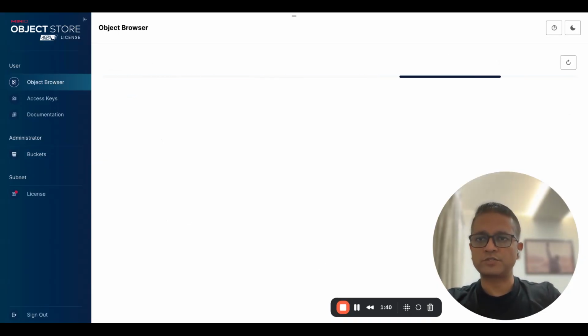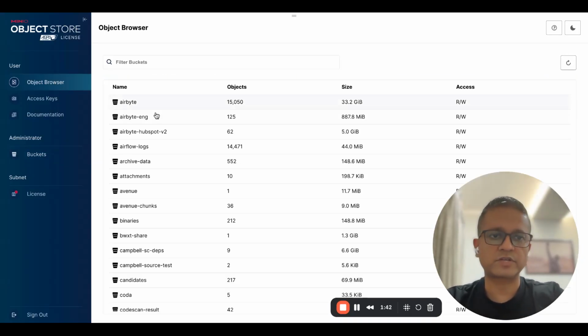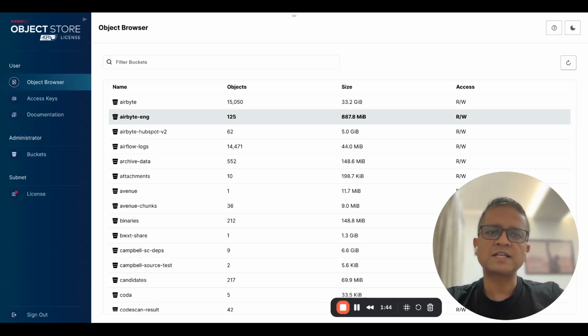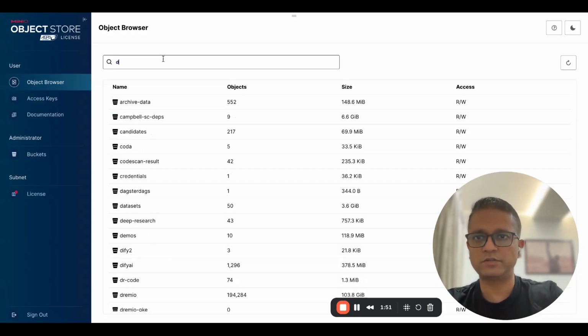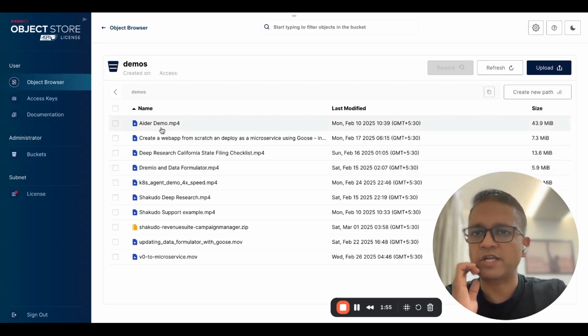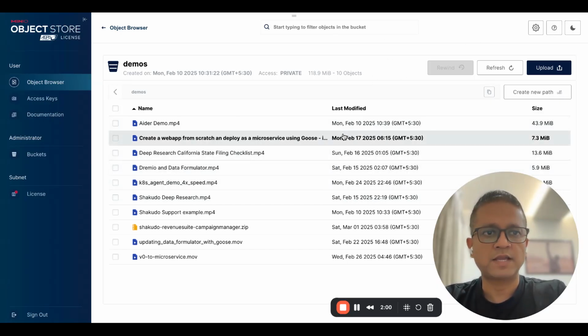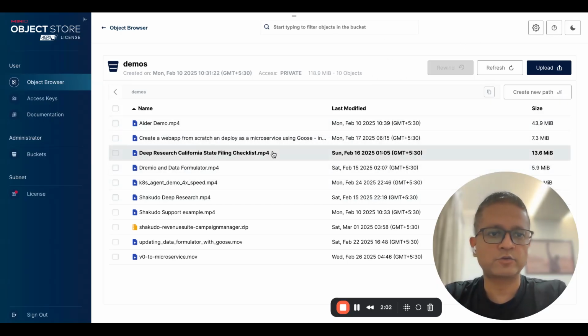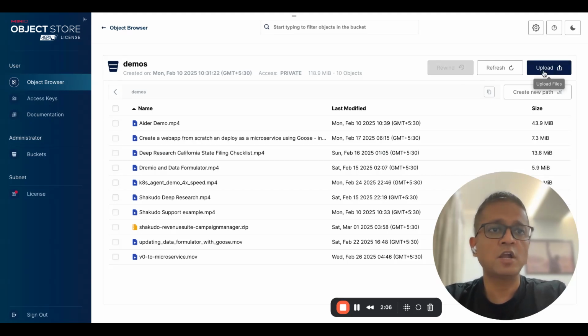But if you go to the object browser here, you'll be able to see the buckets. Think of these as top level containers for your data. We can browse through any of the buckets to view its data. Let me just show you some. So this is one bucket. And here we can see that the data is available. And if I want to add any data to it, I can write code for it programmatically via the S3 API, or I can simply upload it using